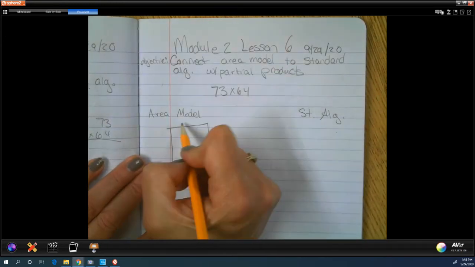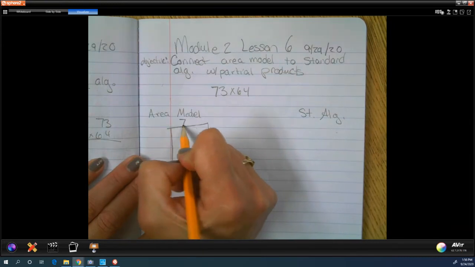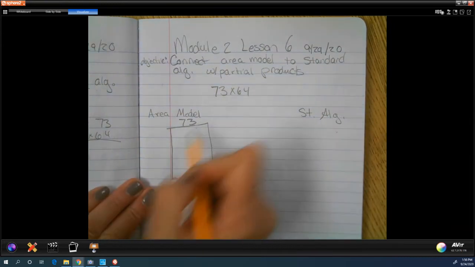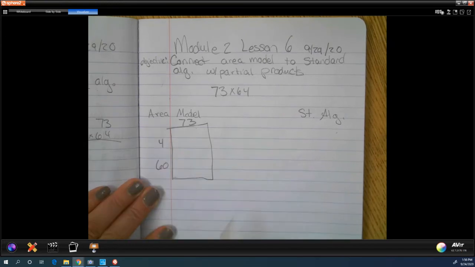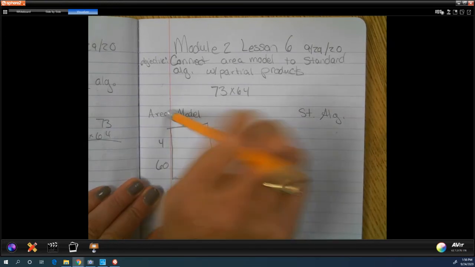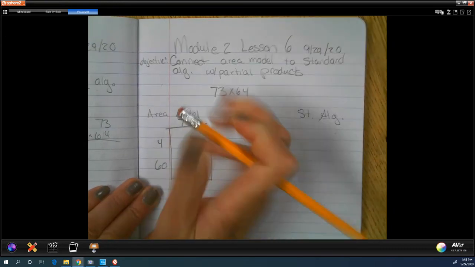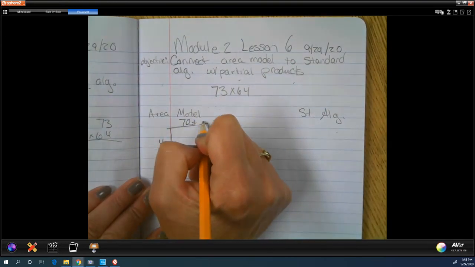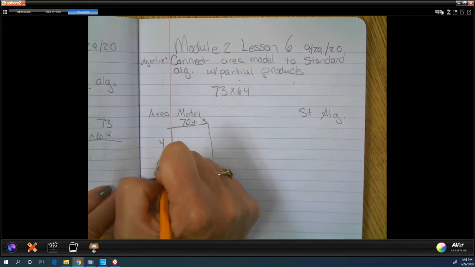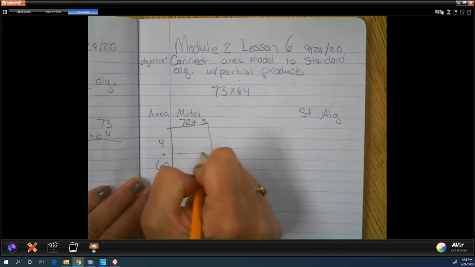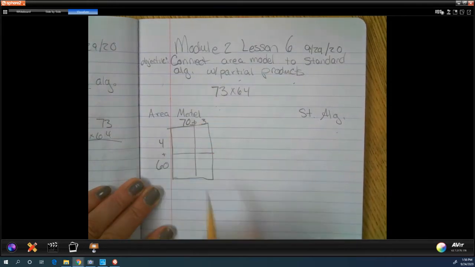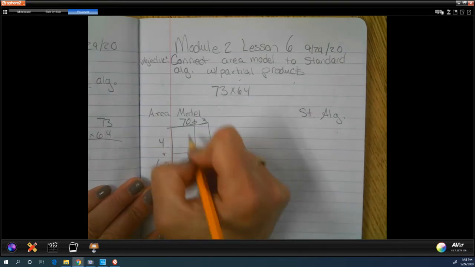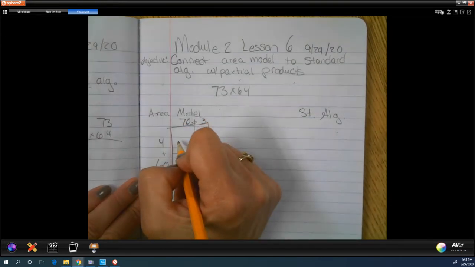When we did Lesson 5, we just put 73 on top, and then we took the 60 and the 4 and we broke it up. Well, this time I want you to go ahead and break up every place value. So we're breaking up everything by place value. So we've got 70 plus 3 and 60 plus 4, and I know to draw my lines where I'd put the plus sign. All right, 7 times 4 is